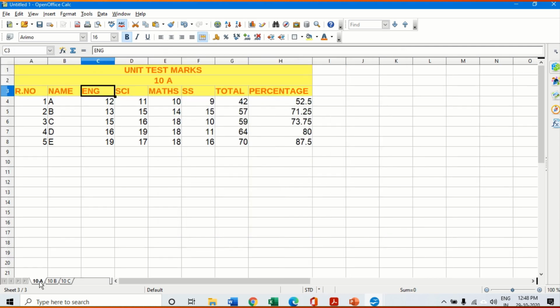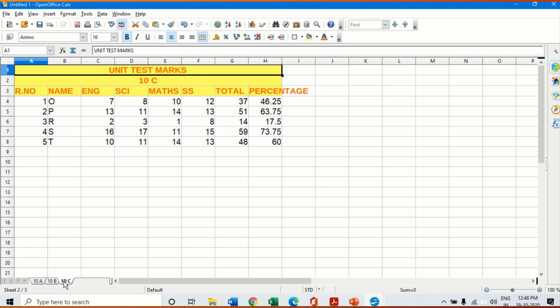So now the same macro I have used for all the three sheets exactly in the same way. So this way I can use my macros wherever I want to do repeated tasks. I can just save my macro, the steps which I am doing one after the other, and save it properly so that I can use the macro again and again whenever I need.